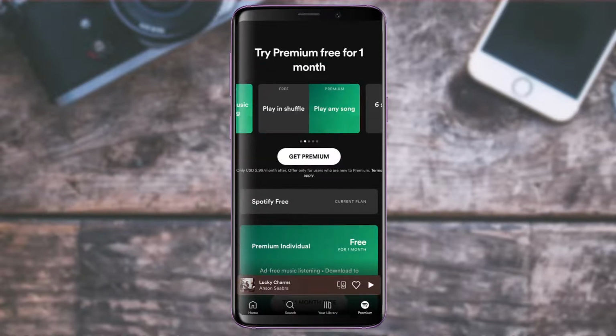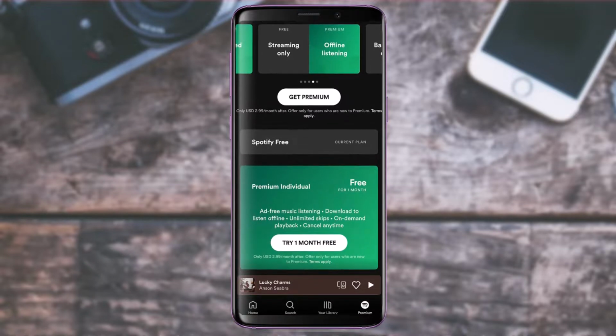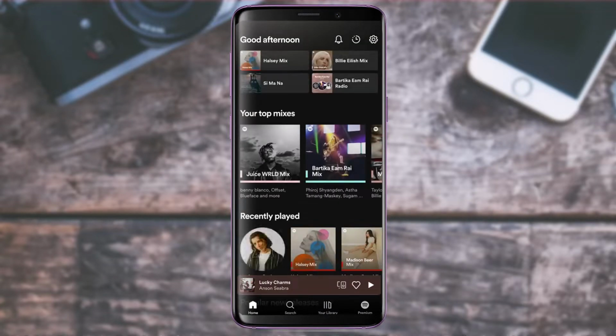You could go ahead and view some of the plans which you have. Try premium free for 1 month. So basically it is going to remain free for 1 month, but then still you would need to enter your payment details. Once you go to the home button, what you could do is on the top right,